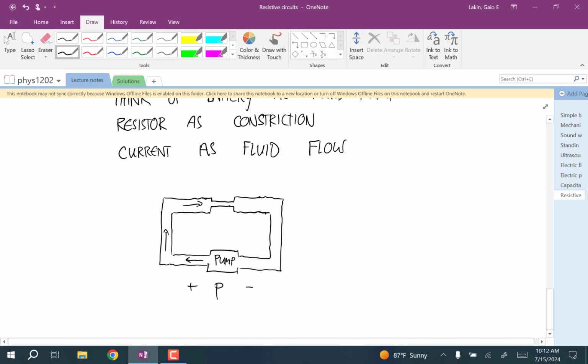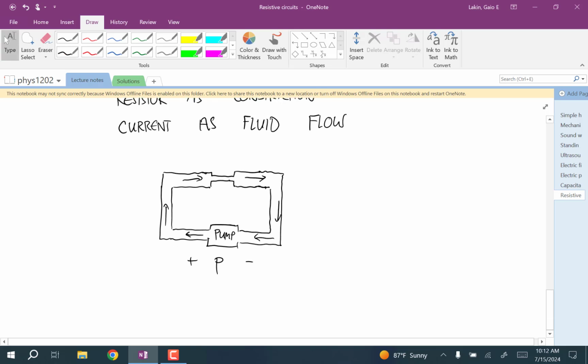Okay, so this pump, think of the battery that way. This constriction, think of that as a resistor. And I'm going to give the corresponding circuit